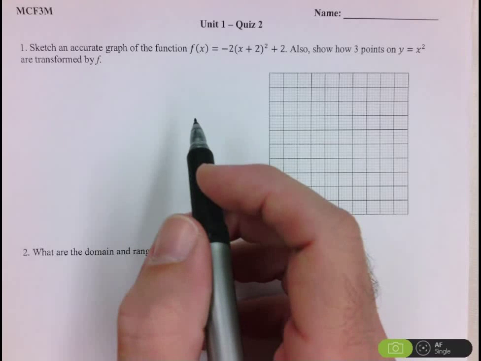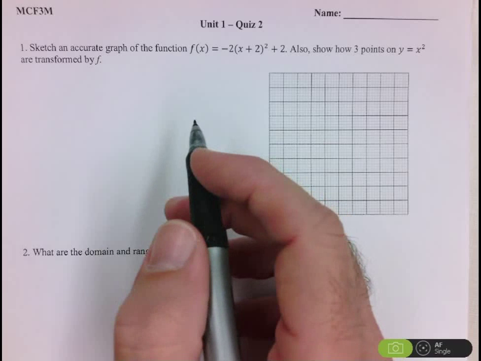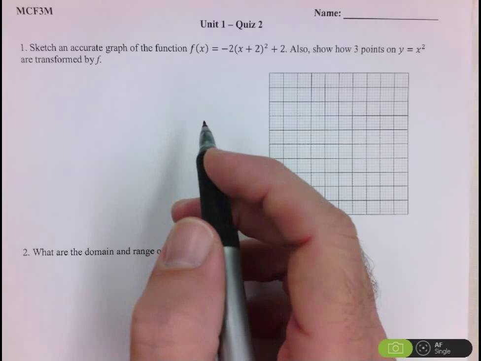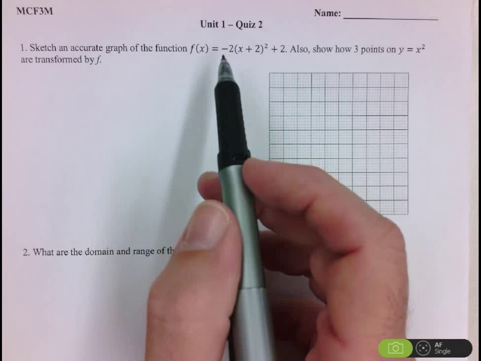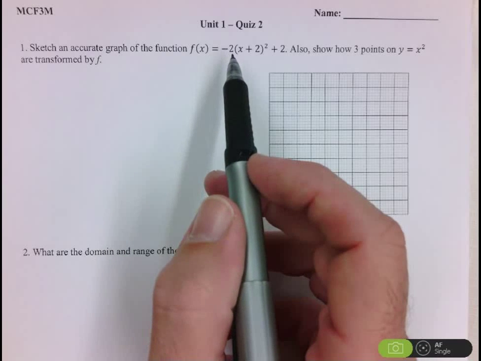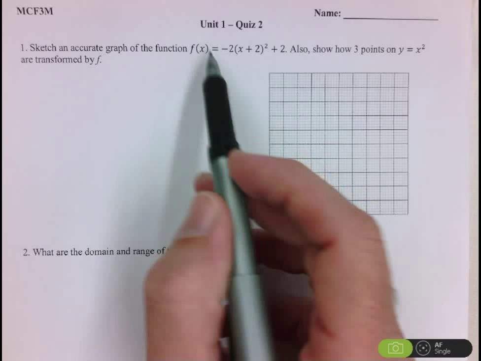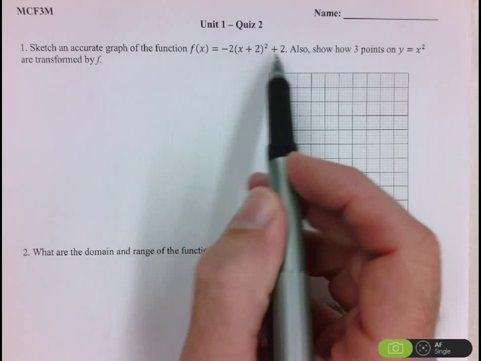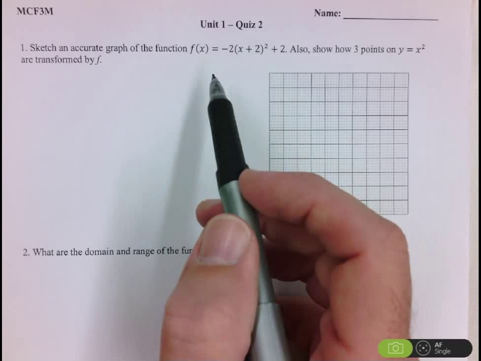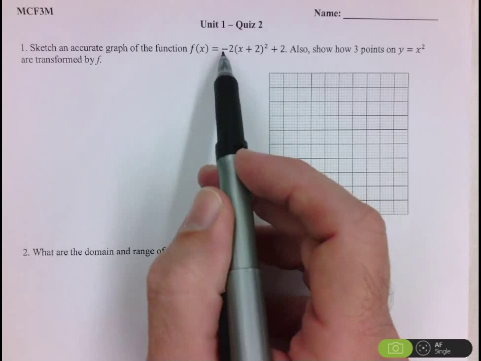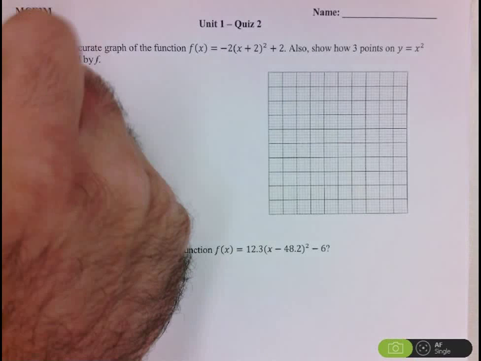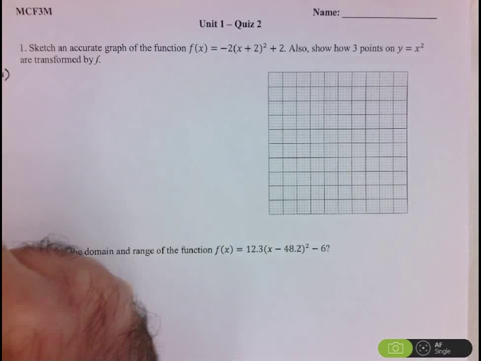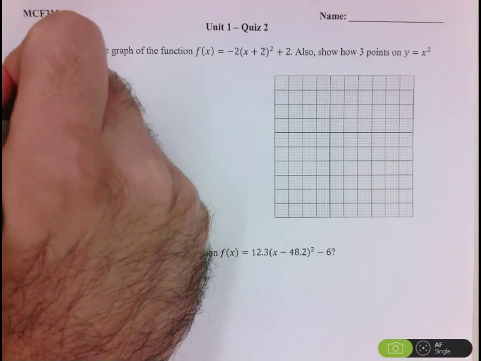Now, even though it's not asked for, I am going to describe these transformations, just to review how we can describe them. The first thing to remember is to do the transformations in the correct order. You have to do the multiplication ones before you do the ones that involve additions and subtractions. Here I see that the negative in front of the square tells me that there's going to be a reflection. So the first transformation that I'm going to describe is a reflection